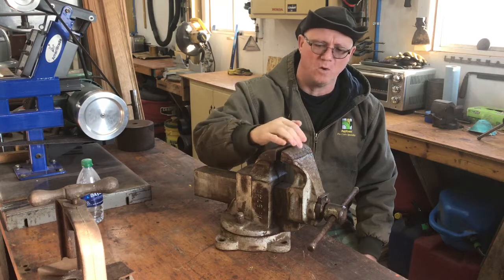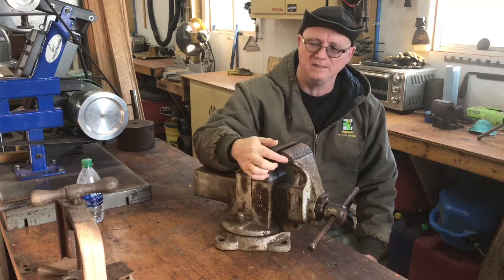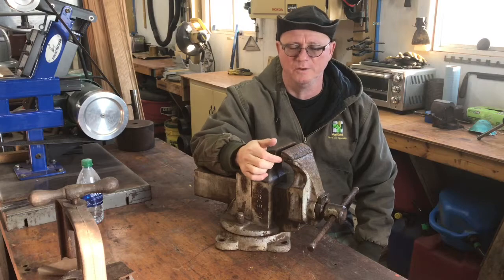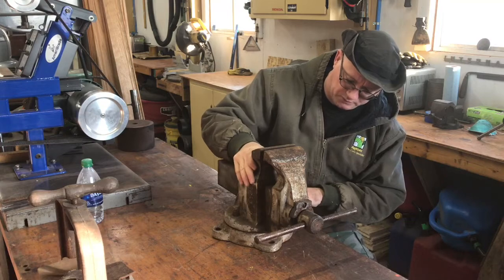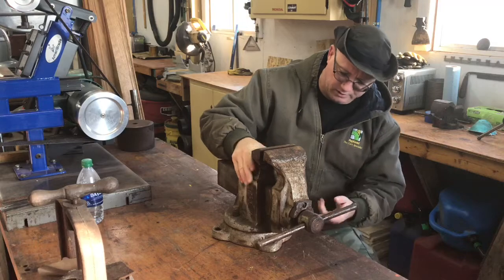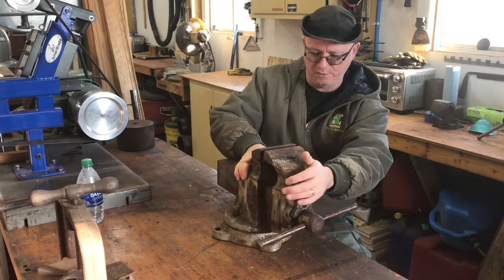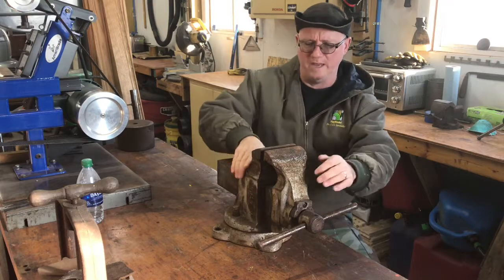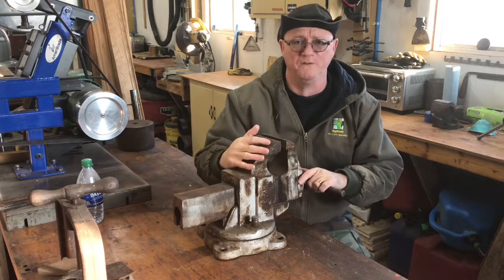I'll put the jaw back on and I'll put a nice clean weld on this so that it's a little more professional looking. And then it's got some bits out of the end here, again, probably where they just kind of boogered it up with the welder. I'll address that as well. It's a swivel stand, or swivel vise, and so it's got a little rocking in the middle here, so I'm not sure what's causing that. That shouldn't have that rocking back and forth, so I'll address that as well and try to get that flatter, but it's definitely high in the center on that, and so there's a few issues with it, but this is going to be a fantastic vise